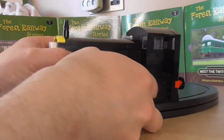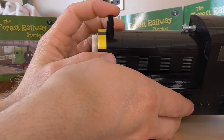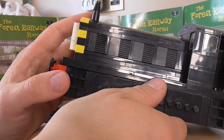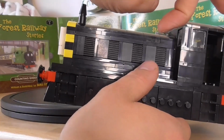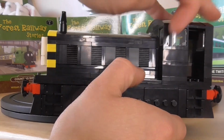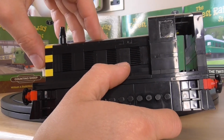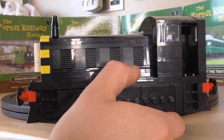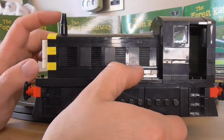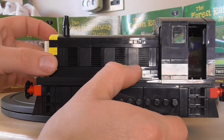And of course her exhaust pipe is basically a cylinder with a cone on the top. And her bodywork, as you can see shining on it now, is basically a stud on the side construction. Which way have I done it? Yeah, going from the cab, because I remember, or is it from inside? Okay, I've got a good question now. It's basically a stud on the side construction going either way. I've forgotten which way I actually designed it now. I think it's inside the Mavis where I actually incorporated the...